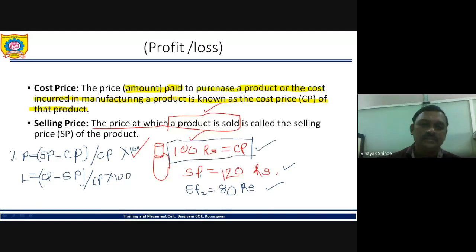But the selling price changes. If you purchase, let's say, 50 water bottles for 100 rupees each, then you can sell the water bottles as per the customer. You can sell one for 120 rupees, one for 90 rupees, one for 100 rupees, one for 150 rupees. So in each case, the selling price is different, but the cost price remains the same. So that is why we take the cost price as the denominator. With respect to the cost price, we calculate percentage profit and percentage loss. So remember these formulas. You can note down these formulas on your paper.